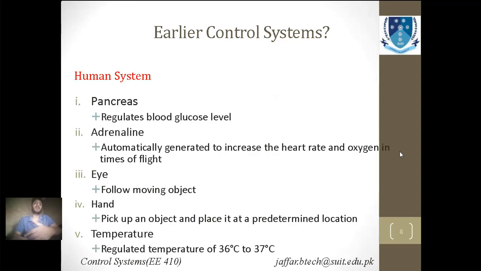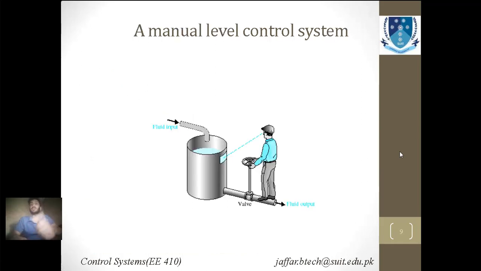In the human system, you also see a parallel control system. In the human body, there are the pancreas, eye, hand, temperature. You see, our body is also a kind of control system. We take input like food, and we give output like actions, like I am talking to you, this is my output. So my body is also a kind of control system, and different factors involved in this control system, such as the pancreas, are the main subsystems that make up the complete system of our body. And overall, this is known as a process. I take some input, I work on it, and I give it to the output. So it is also known as a control system.